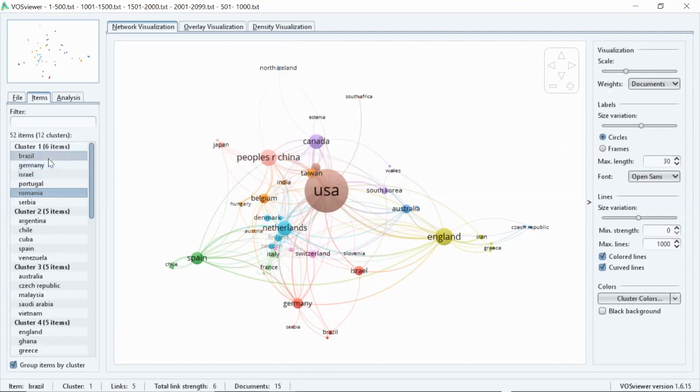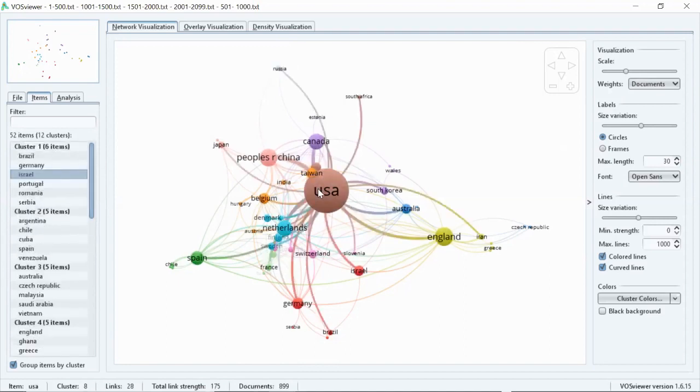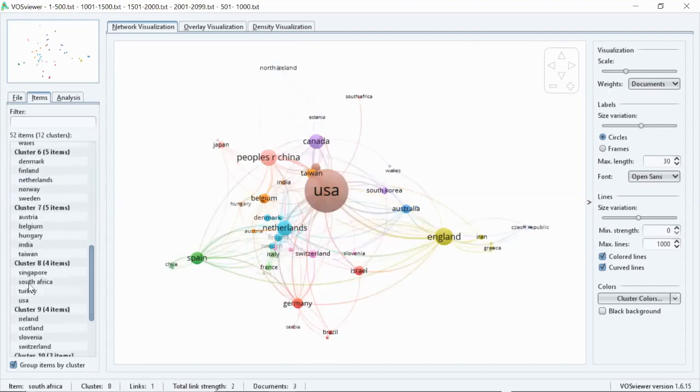So to get a better understanding of these clusters, you have to read the collaborative articles of these countries, because there are only 6 items, right? So you can read that and you can get a better understanding of which country has received more citations and what method. You'll see where USA is. I think USA is in the 8th cluster. USA, Turkey, Singapore. They have collaborated more. So this is the collaborative, this is a cluster based on their collaboration.